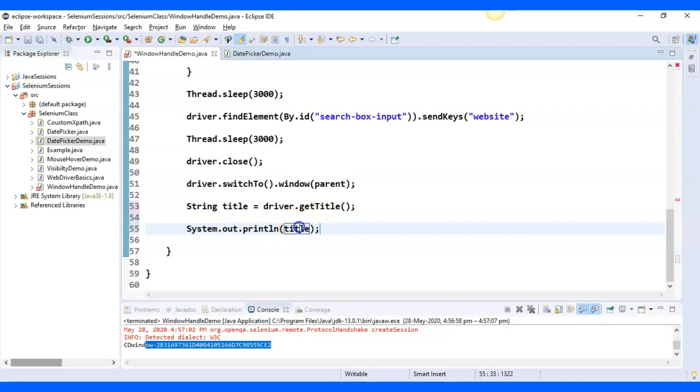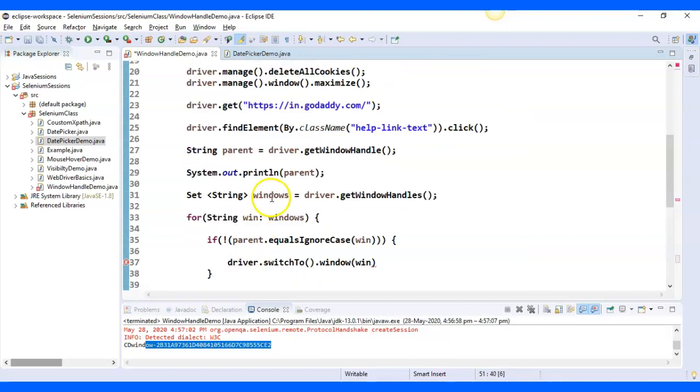So I can see what's the title of the parent window. And here let me give one string, parent window ID is,